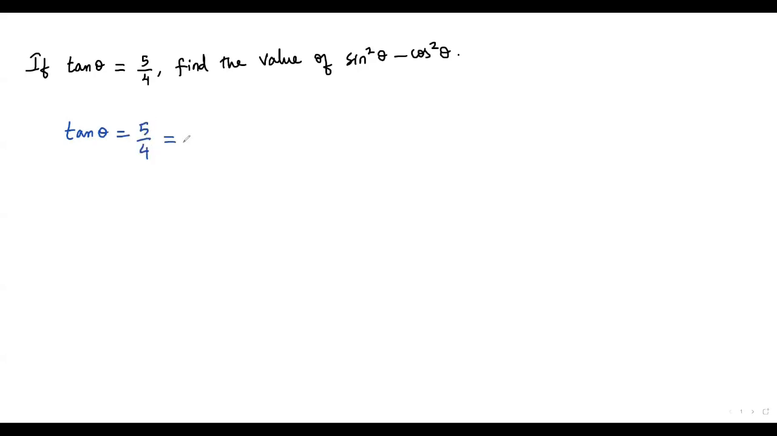According to SOHCAHTOA, we have tangent theta is equal to opposite side over adjacent side. So the value we have in the numerator over here corresponds to the opposite side, and the value we have in the denominator over here, this 4, corresponds to the adjacent side. Okay, so first let me write SOHCAHTOA, that is